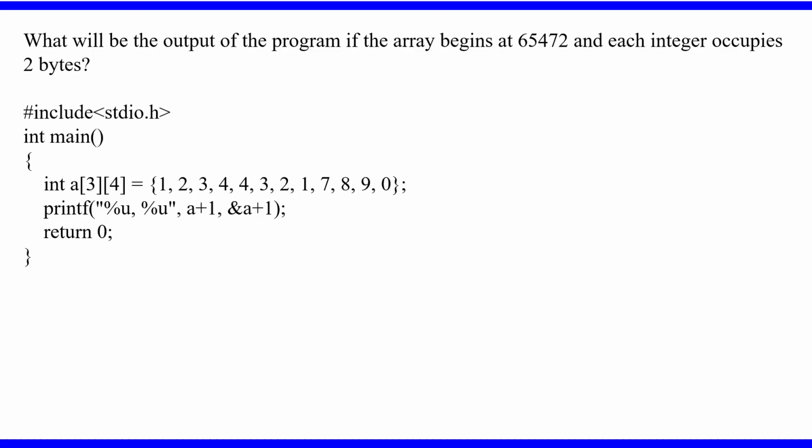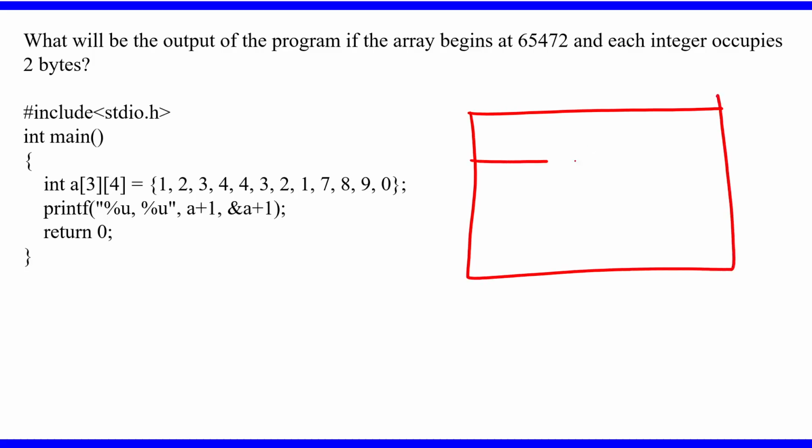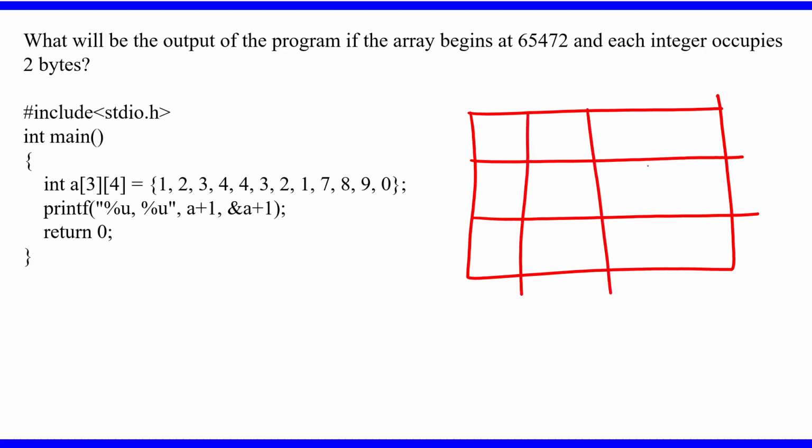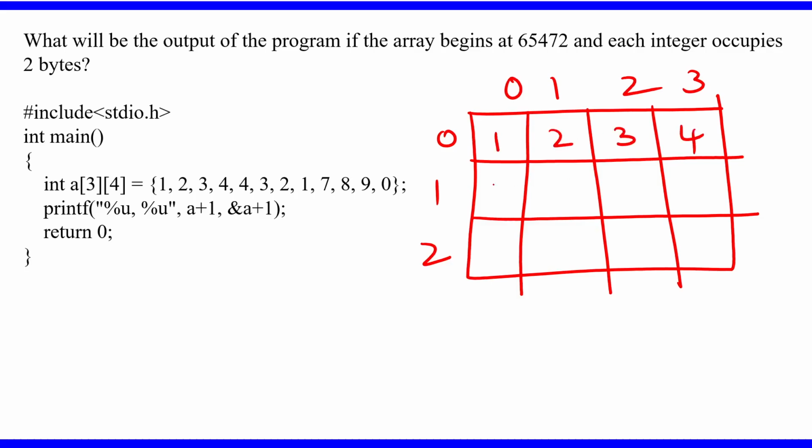Yes, one more interesting problem. A plus 1, ampersand a plus 1. So A of 3 rows, 4 columns. So the matrix is something like this. Let me draw that matrix. 3 rows and 4 columns. Indexing 0, 1, 2, and 0, 1, 2, 3, and the values are given: 1, 2, 3, 4, 4, 3, 2, 1,